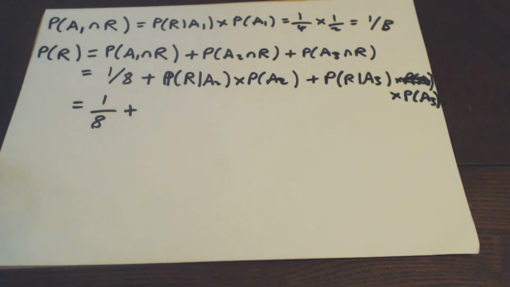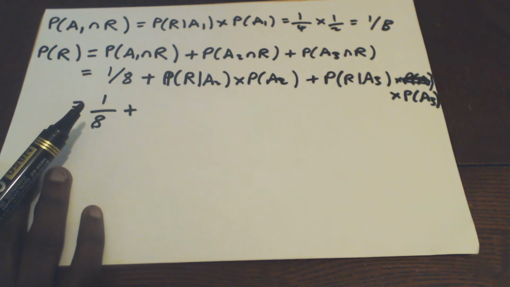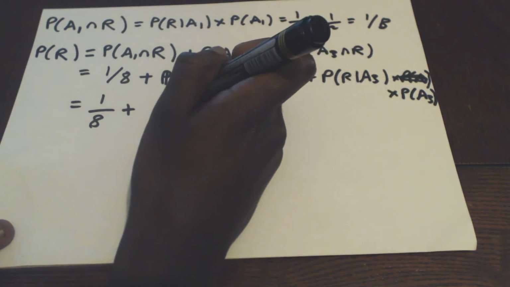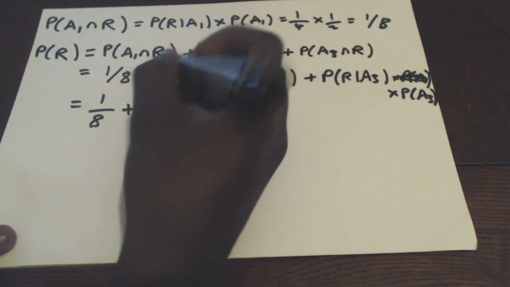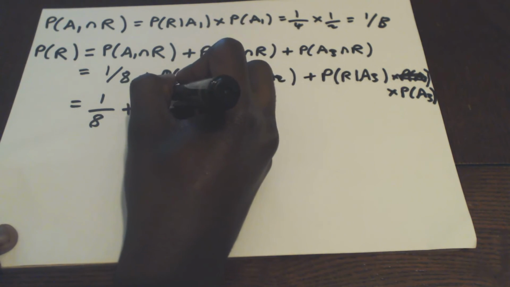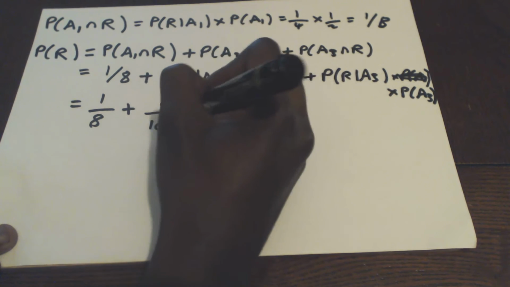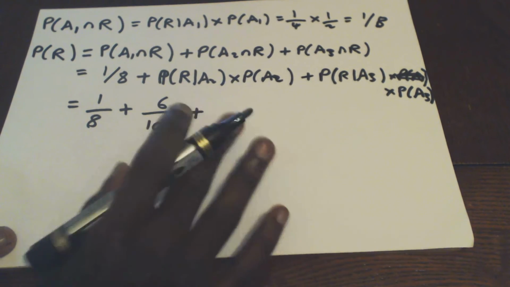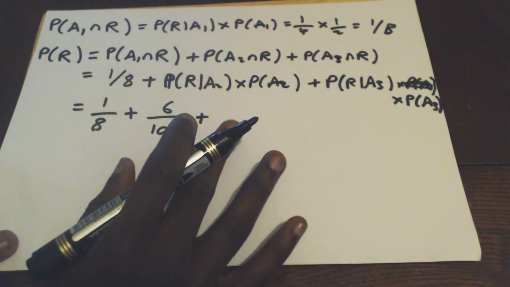Which should be, and what is that? Is that 3/50? Yep. 3/50. I've got it as 6/100, just for the sake of it, I haven't simplified it. Well, yeah, it's 3/50. And then we have